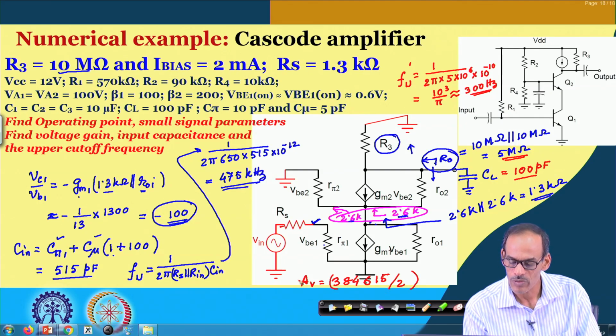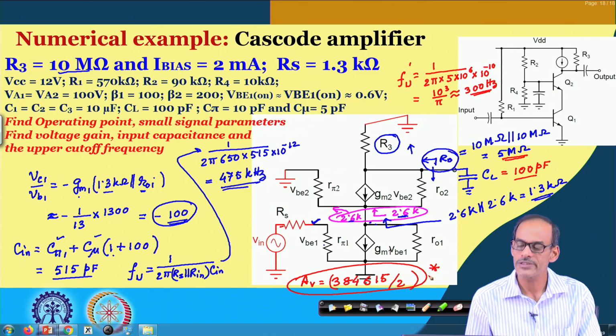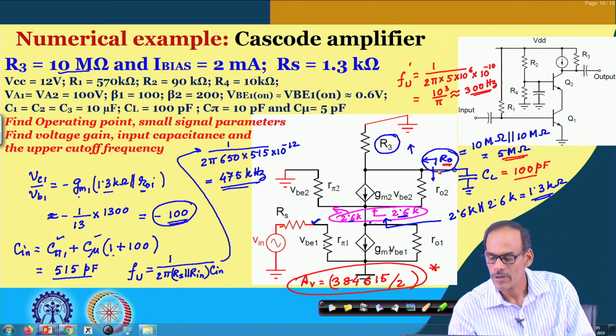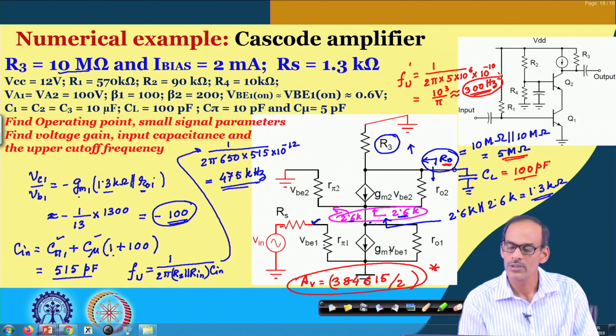So, that is the overall gain. It is a very good thing, but unfortunately, this output resistance got increased, and the corresponding upper cutoff frequency